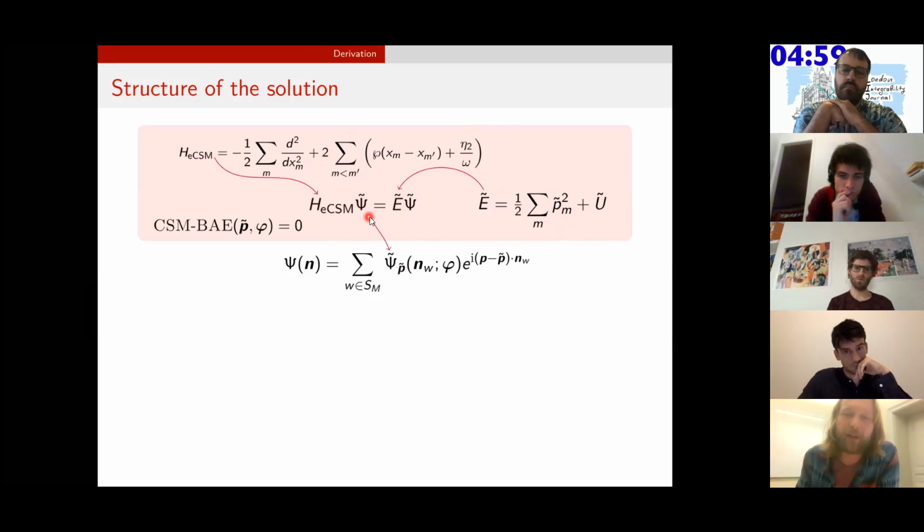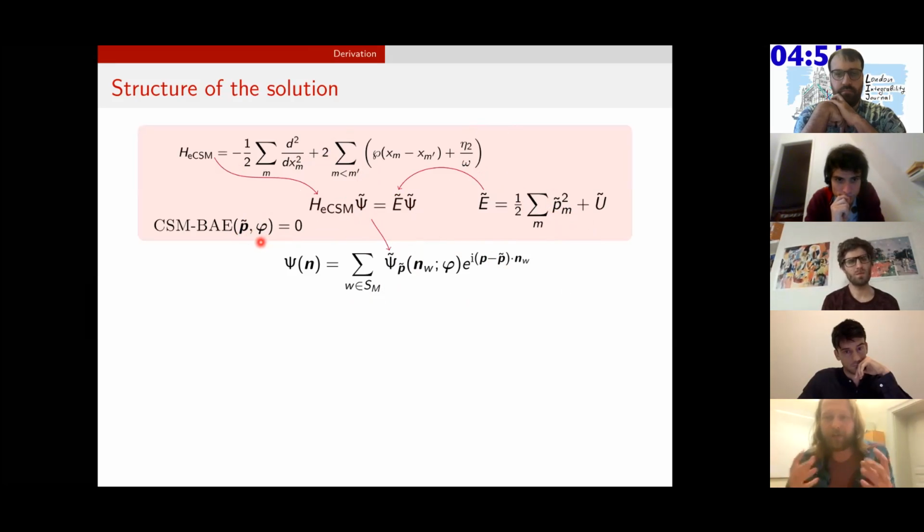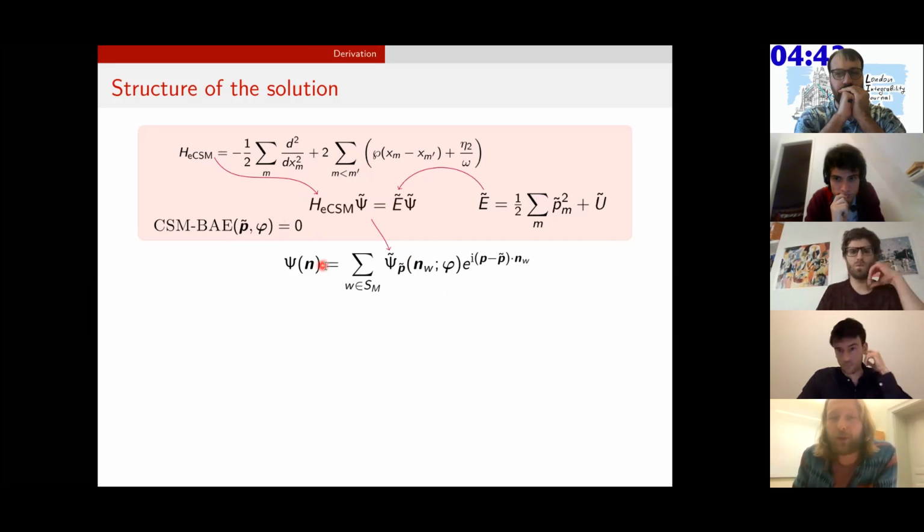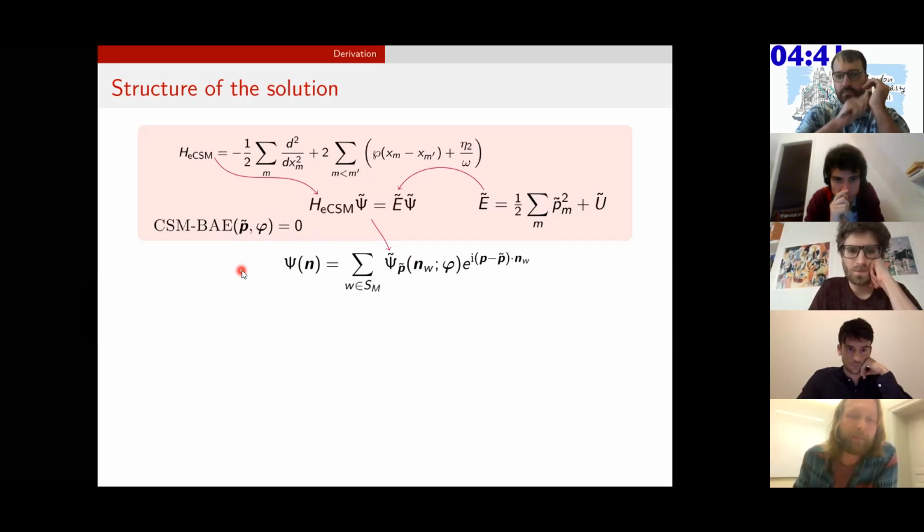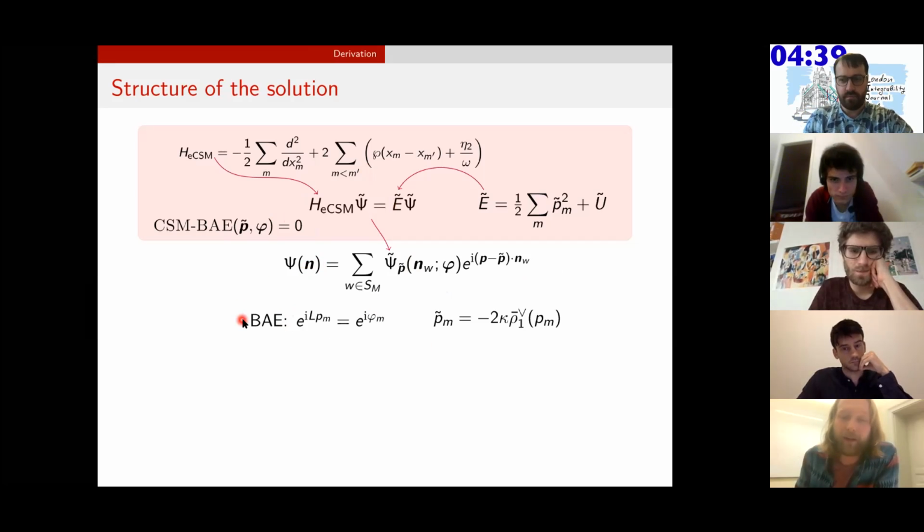And eigenfunctions psi tilde depend on two sets of parameters, p tilde, which are just quasi-momenta, and then some set of variables phi, which you can think of as packages of scattering phases. Now, these have to satisfy some constraints, and then you have a solution to this problem. And to turn this ansatz into a solution to the spin chain, you have to ask for a little bit more. First of all, you have to get actual Bethe ansatz equations, as you wish for a normal spin chain, which relates the momenta, the quasi-momenta, and phi.